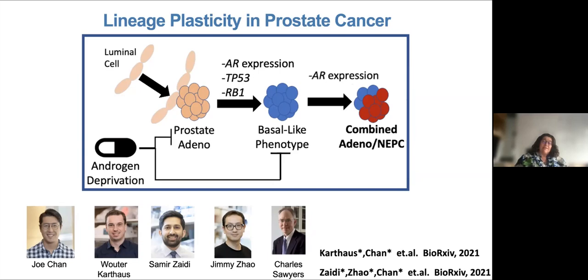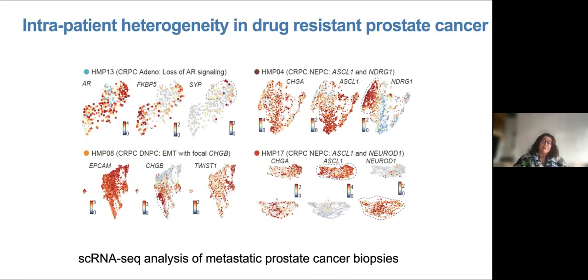Now, we're going to look at lineage plasticity in prostate cancer in organoid models. That's all Wouter. And in mouse GEMMs and in clinical samples, that's Samir and Jimmy. These are the two papers, organoid and mouse-human. First of all, looking at some clinical samples of advanced drug-resistant metastatic prostate cancer, we found an even bigger heterogeneity than we expected. And we expected a lot of heterogeneity. You always hear that, wow, single cell discovers heterogeneity. This one even surprised us, coming into it expecting heterogeneity.